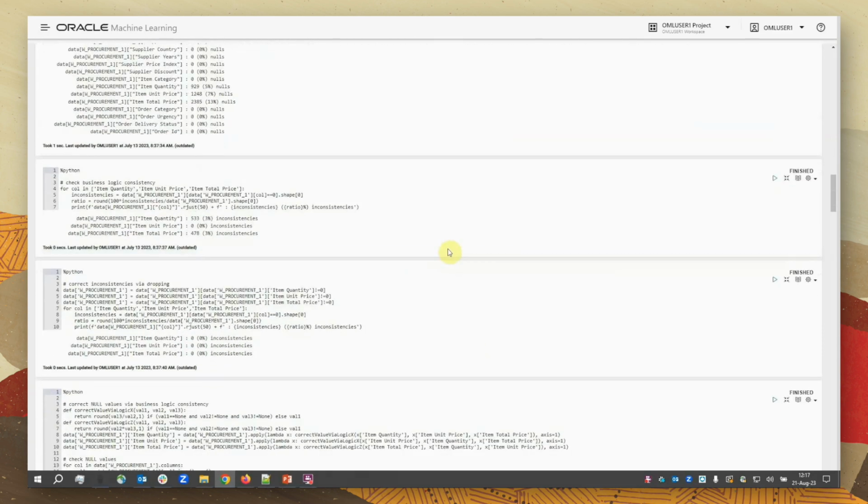Now, another option we have is business logic consistency, which means that we can use linked columns that share some common logic to correct for null values. In our case, we have transactions as the core idea in the data, which means that we have item quantity, item unit price, and item total price. These can be used to correct null values in the sense that we already know from a business logic perspective that quantity times item price equals total price,